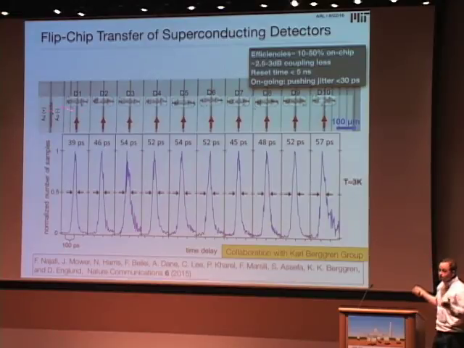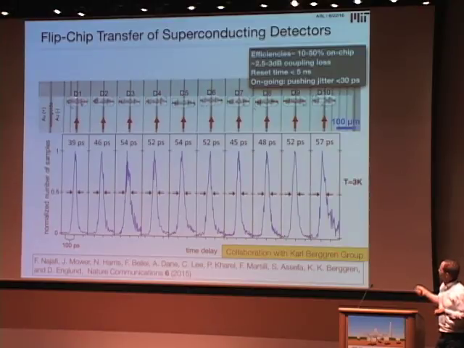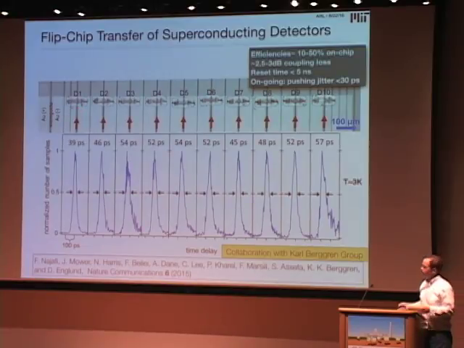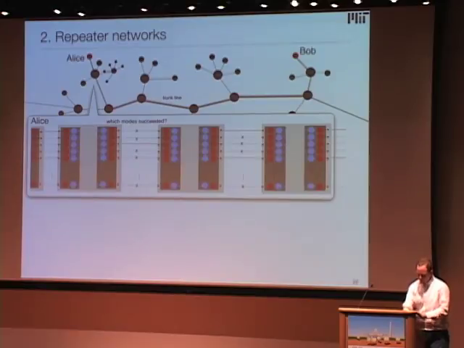In principle, you could also use photonic integrated circuits with the detectors directly integrated on the chip. And here's a demonstration in a collaboration with Karl Berggren's group at MIT that places 10 functional superconducting nanowire single photon detectors based on niobium nitride directly on one of these silicon photonic circuits. And you can see each of them works pretty well with about 50 picoseconds of jitter and an efficiency of some tens of percent.